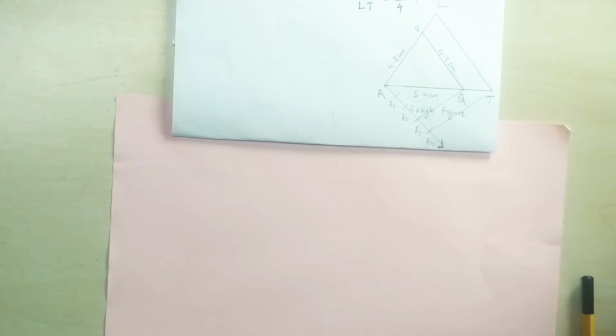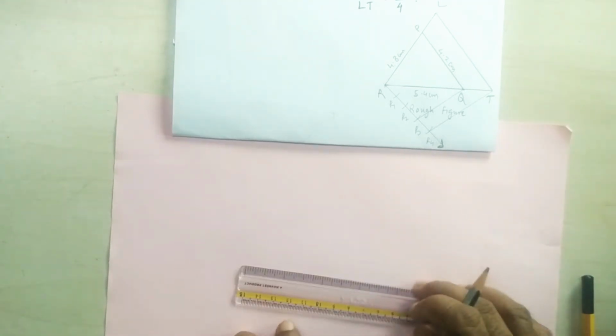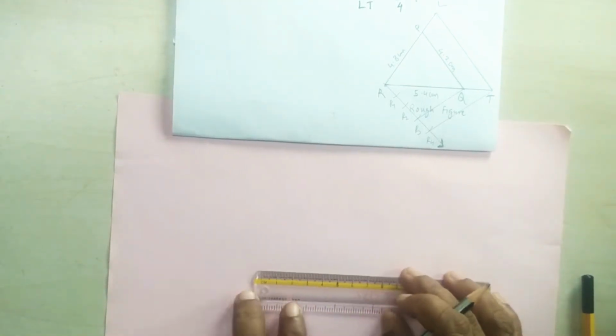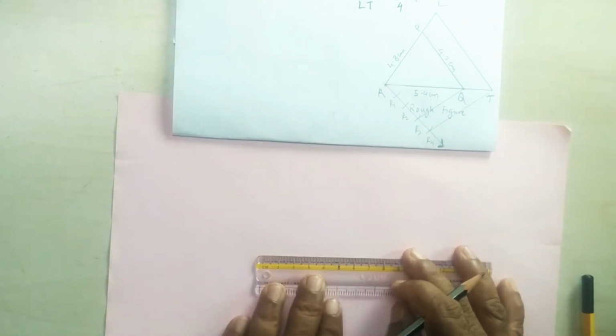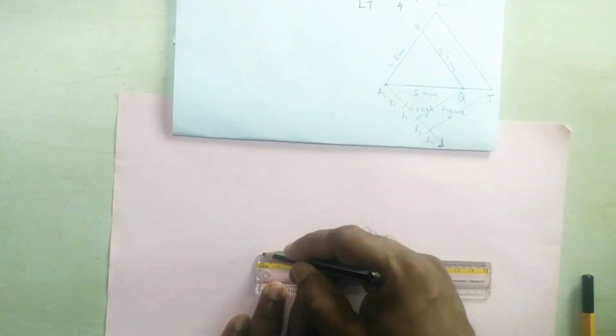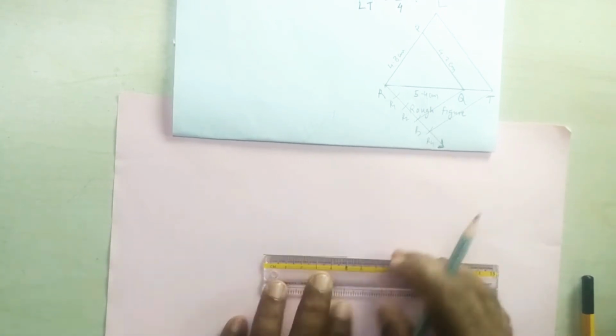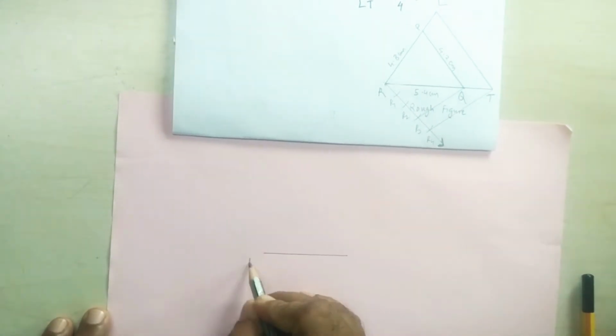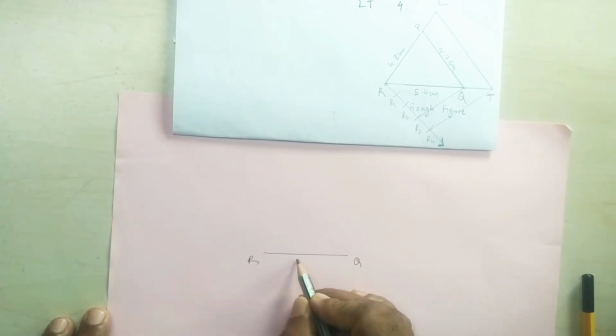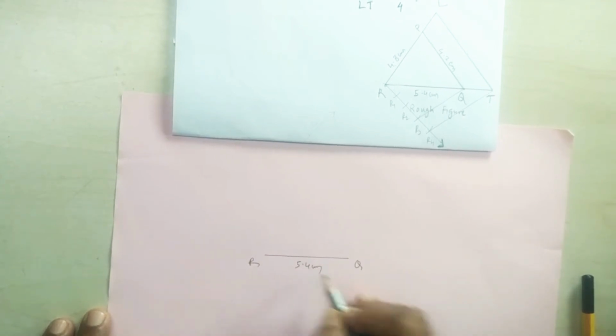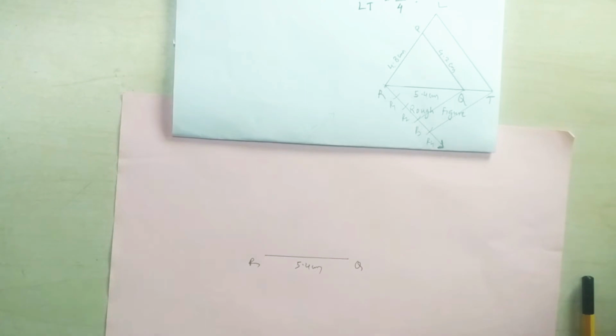First we will draw the base segment RQ of length 5.4 centimeter. RQ, 5.4 centimeter. Now with the help of protractor, with the help of compass, take the length equal to